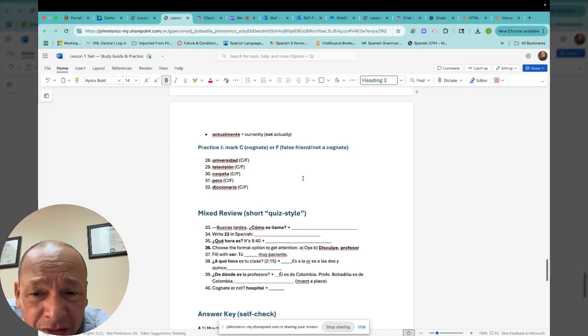So here, for example, a question may arise something like this. Mark C for cognate, or F for false friend, not a cognate word, right? So you had to choose what is a cognate word and what is not. So universidad is a cognate, televisión is a cognate because it's the same meaning. Carpeta, it is not